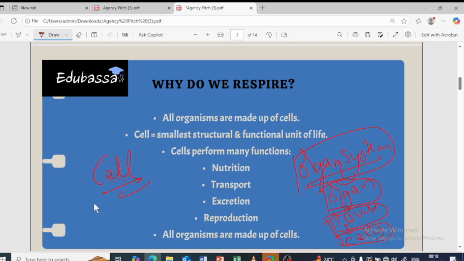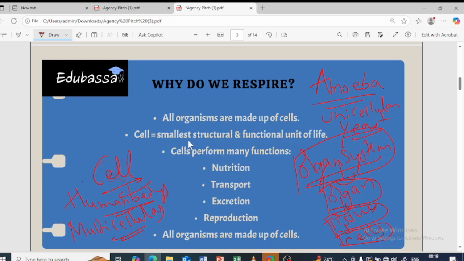You might have also learned about amoeba. This amoeba is unicellular, right? You might have also learned that yeast is a unicellular organism. The same way we human beings also have cells. We are multicellular. We have lots and lots of cells. So amoeba is unicellular, single cell, whereas human beings are multicellular organisms. Now all organisms are made up of cells. Obvious. Why are the cells important?